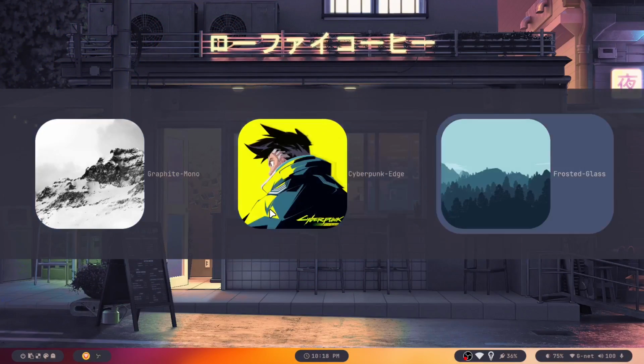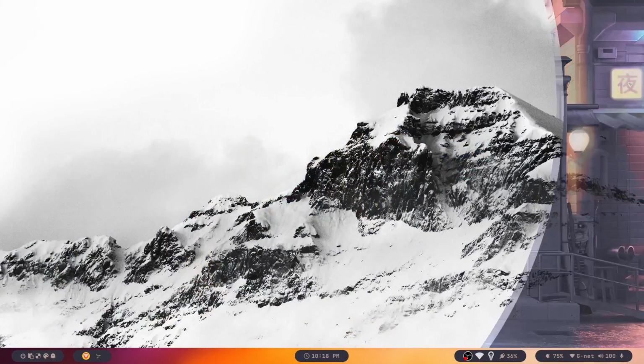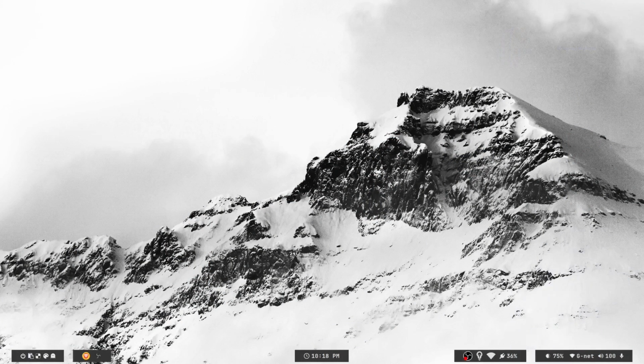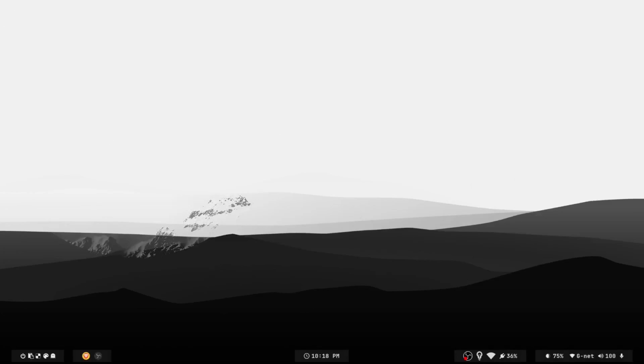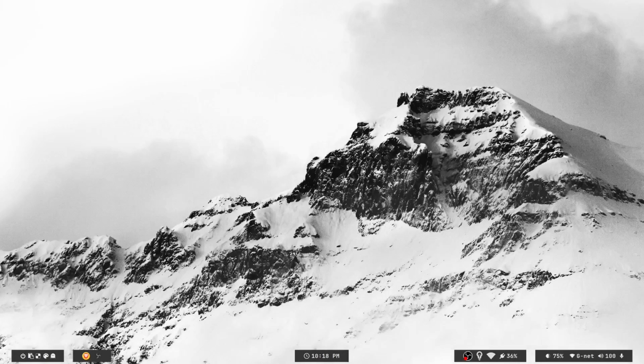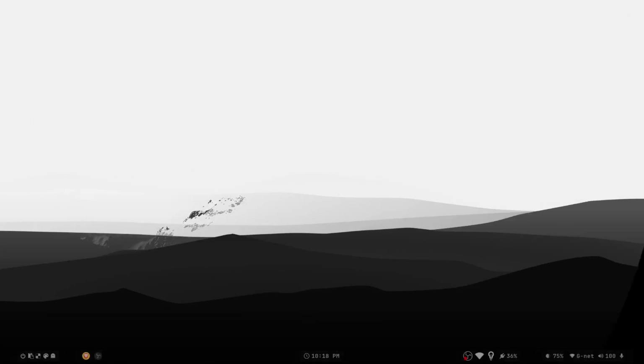Let me go to one that I like. I like this, I like graphite mono. Very clean. You can even see it changes, it's like square. Let's say I go into this one. Actually, this one's very bright. Let me go into something like